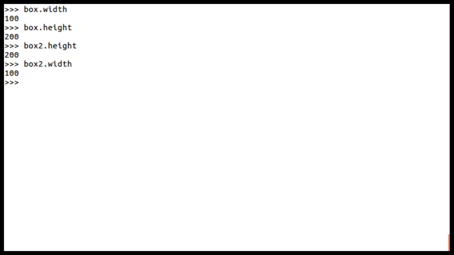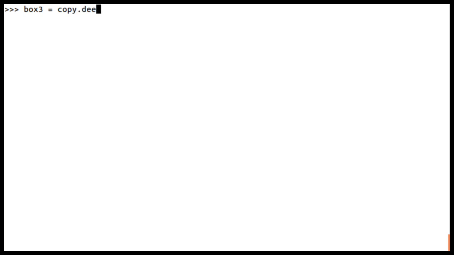Now I am going to create a new object called box3, which is equal to copy.deepcopy(box).